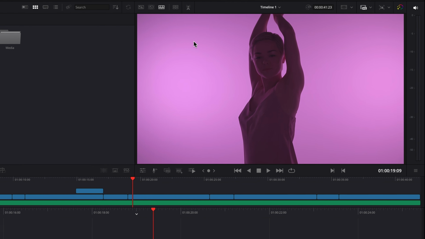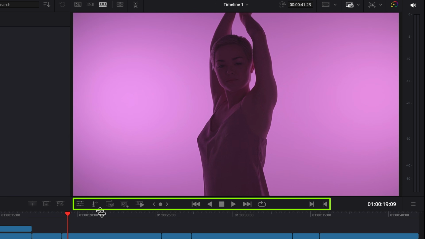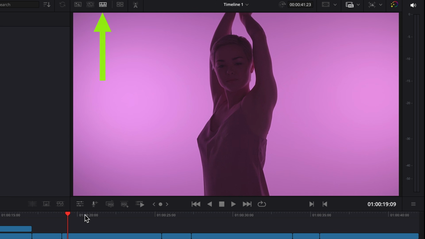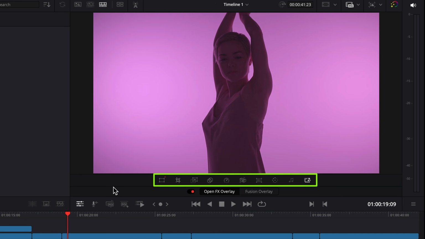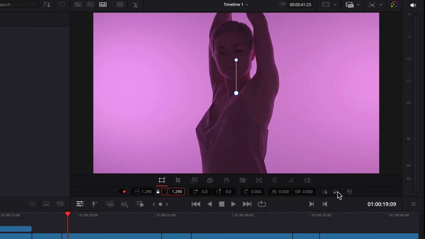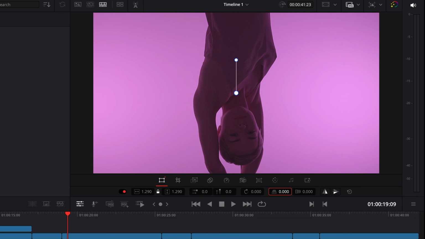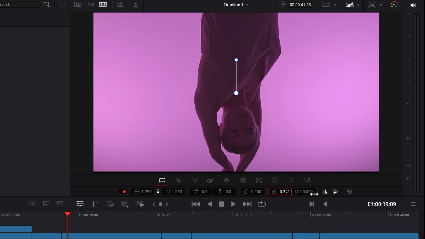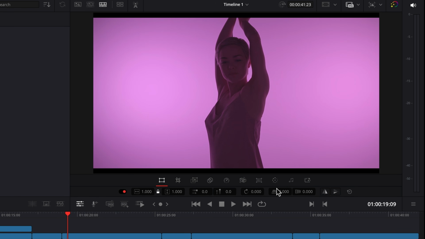Underneath the viewer are several controls for playing and adding editing effects to clips. Many of these controls are only available when the viewer is in timeline mode. Pressing the Tools button reveals a variety of controls for common editing operations and effects that can be carried out in the viewer without using the inspector. There's a button for applying transforms, all these controls have a reset button on the far right, one for cropping the image, another for adding dynamic